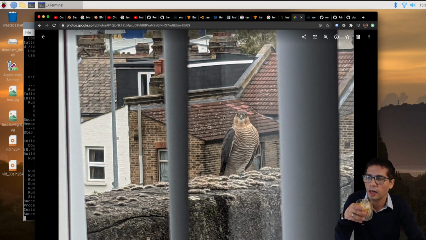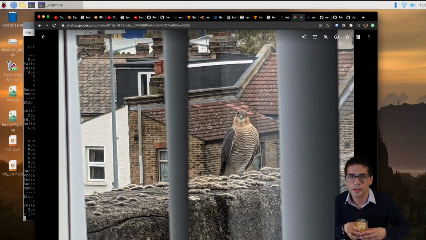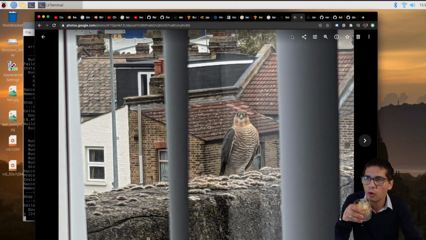Apparently they are not uncommon in the UK, but trust me, the thing I see the most around here is a pigeon. They normally come quite often here, but this is a special bird. So if I had the wildlife camera ready, I would have been able to capture it. Well, I took a picture of it, I was lucky, but you know, a video clip is much better. And who knows, I've only noticed the bird here once, but maybe it comes quite often.